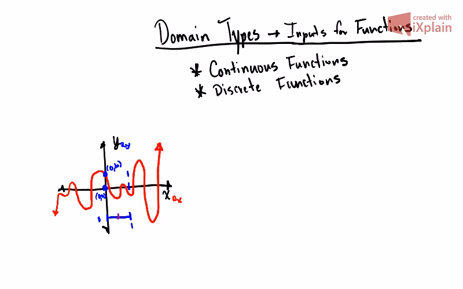Let's say I've got 0.5, which would be right here. 3/4, 0.75, would be right here. So I can plug in all of these tiny little decimal points in between that occur on the function between whole numbers and values. So the continuous function